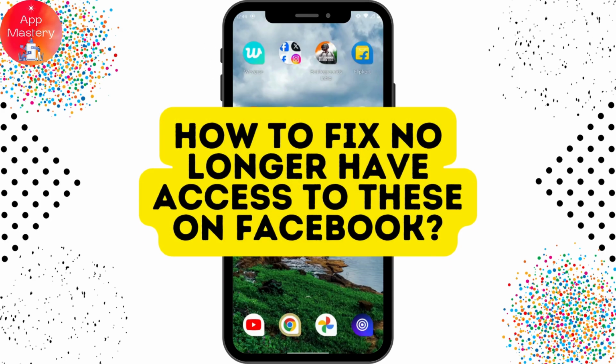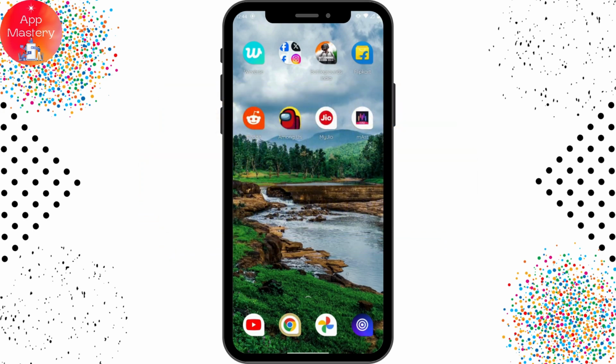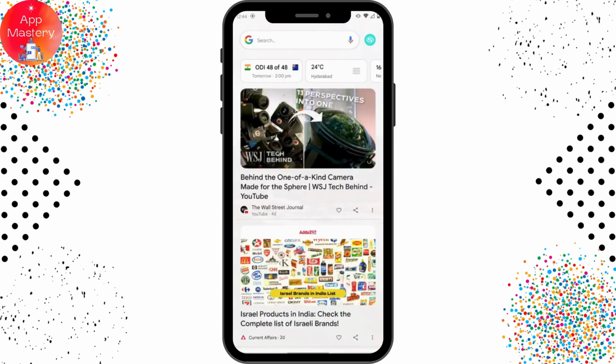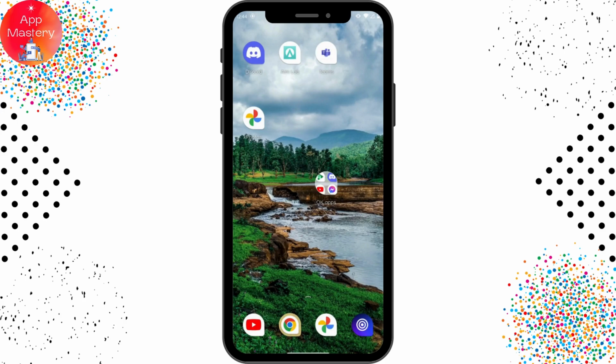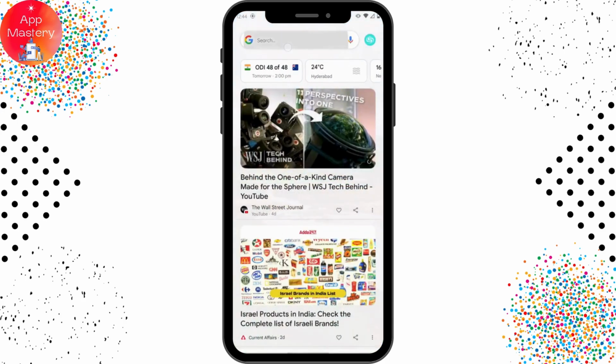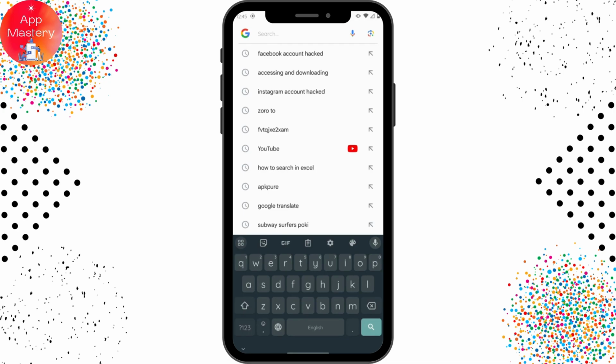How to fix "no longer have access to these" on Facebook. So if you're facing a problem with Facebook and it says that you no longer have access to these, then you can simply go to your Google search or anything, and then you can search for accessing